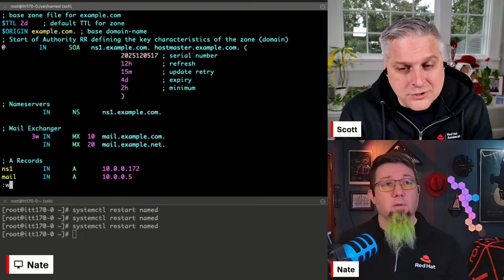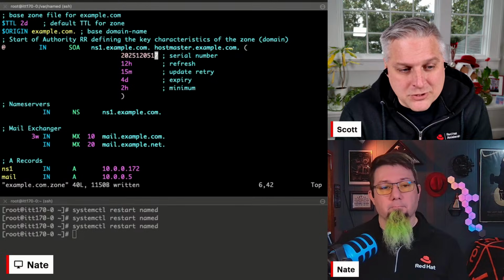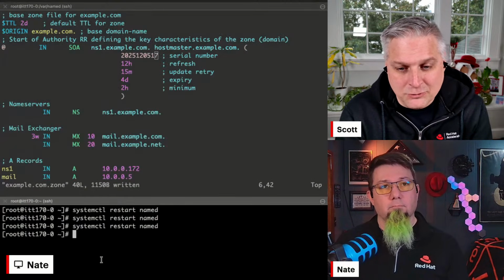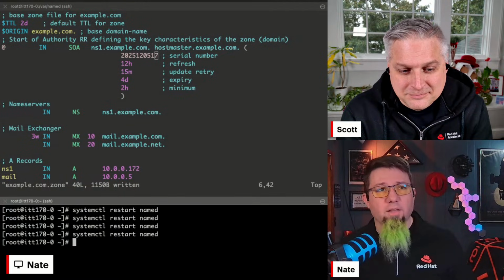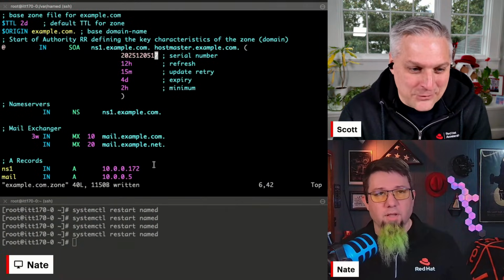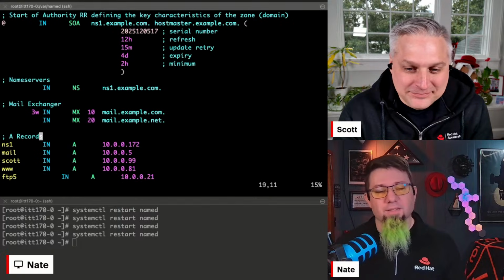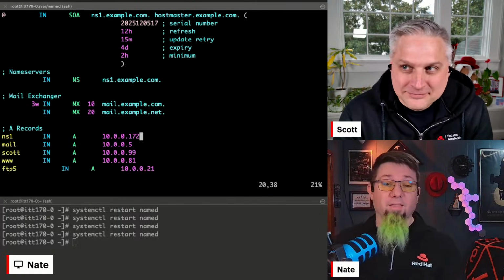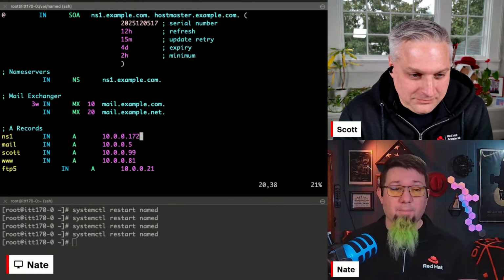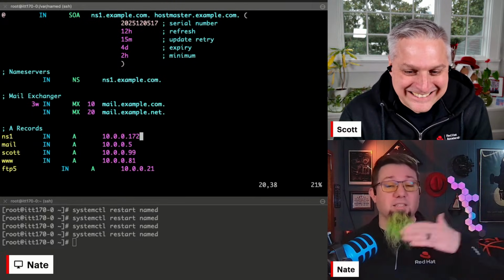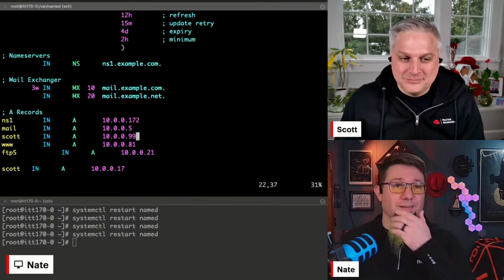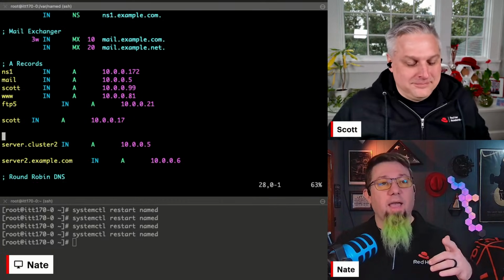Oh, by the way, Nate, did you know that if you restart your name server, regardless of the serial number, it'll recache all your records? Yeah, but I'm trying to keep the habit. I'm trying to make sure people understand how important that is. Most of what I'm doing here today, the fact that I'm updating the serial number has absolutely no bearing on whether these are going to work because I'm not actually caching. I'm not sending to a secondary name server. So anyway, I added that in there.